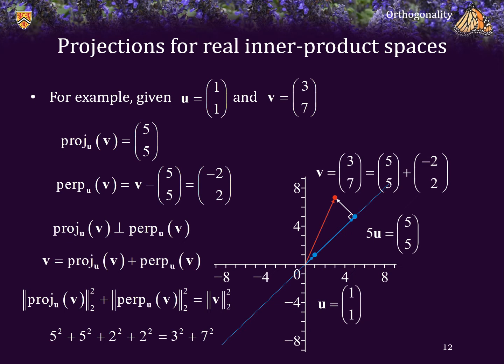The 2-norm squared of the vector (-2, 2) is just 2 squared plus 2 squared, and the 2-norm squared of the vector v is just 3 squared plus 7 squared, and 25 twice is 50 plus 8